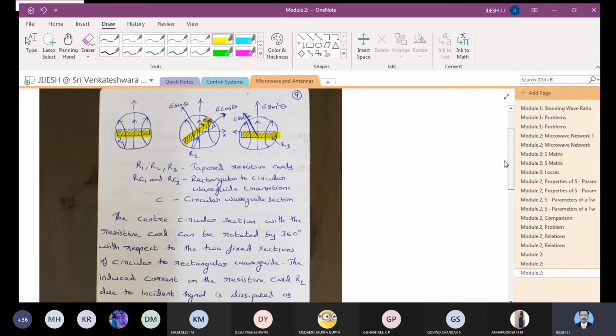So just mark this as most important. They usually ask this, and you have to draw that figure and these three figures and these explanations. It has nothing to do with much derivation here. It's purely theory concepts with figures involved in it. So it's easy to score in this topic. So don't miss any of these topics when you are studying.